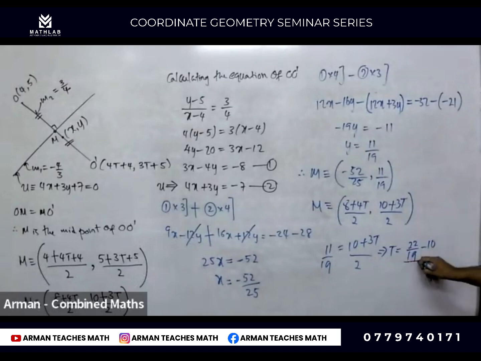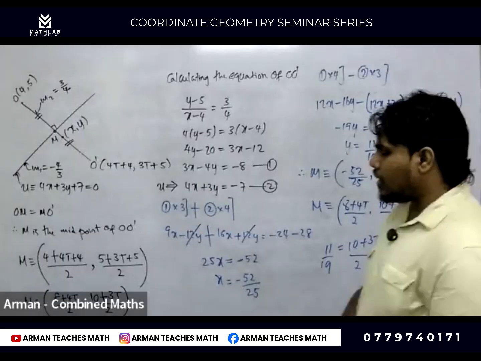This entire thing is divided by 3. So this gives you the T value. Simplify. 22 minus 10 times 19 is minus 190. 22 minus 190, divided by